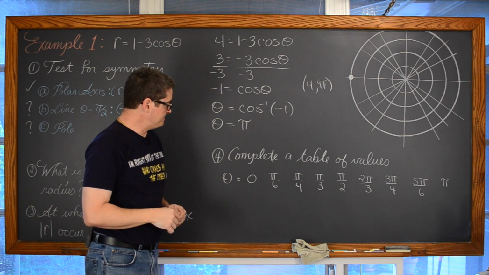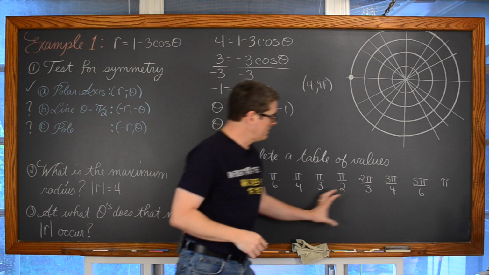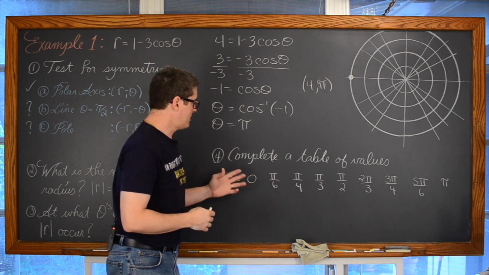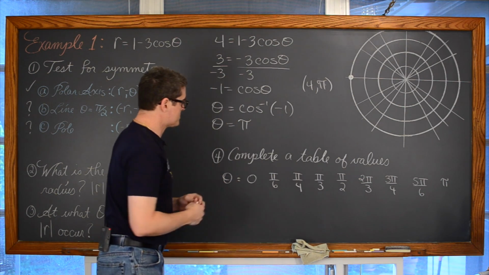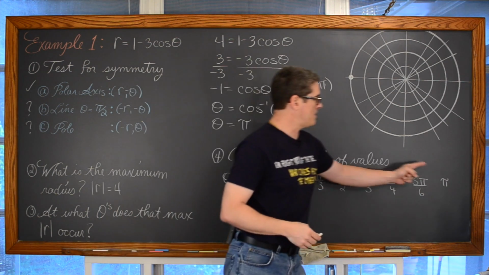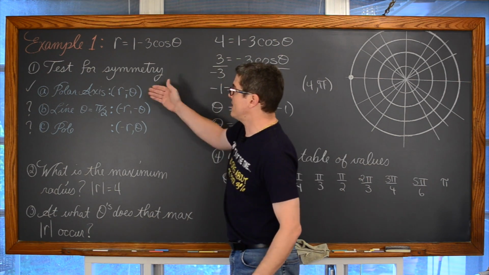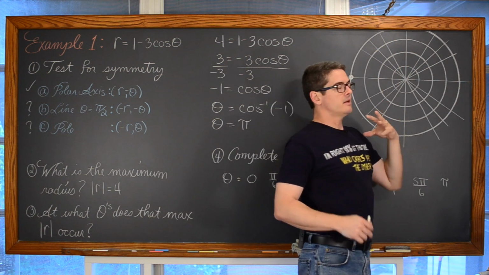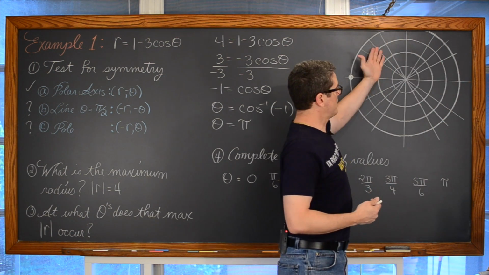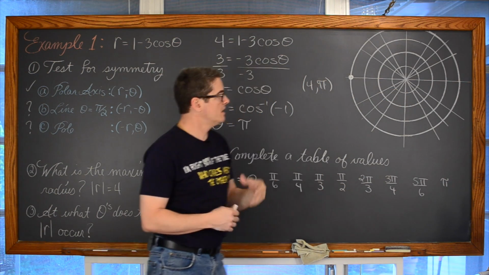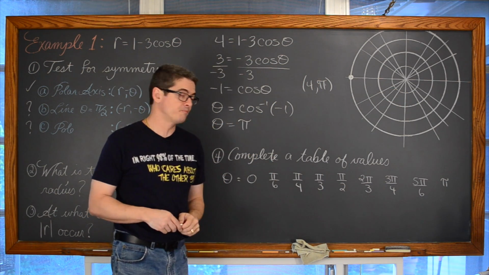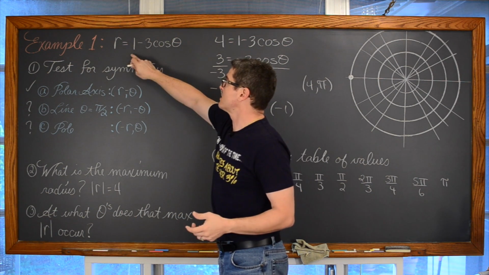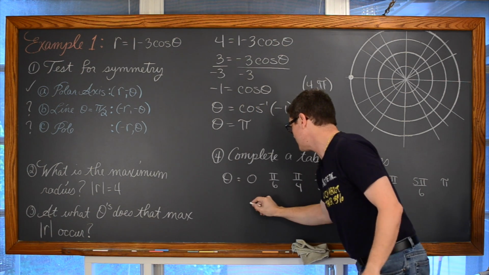Now to complete the table, again, we can put these into just a unit circle type thing, and why am I stopping this table at pi? Well, it is symmetric to the polar axis. So if I work through a rotation of 0 to pi, then I think I'm going to have a nice set of points that I can reflect over the polar axis and finish my graph. So I think that's all we're going to have to do. So at 0, well, the cosine of 0 is 1. And of course, that's going to be 1 minus 3 times 1, which is negative 2.